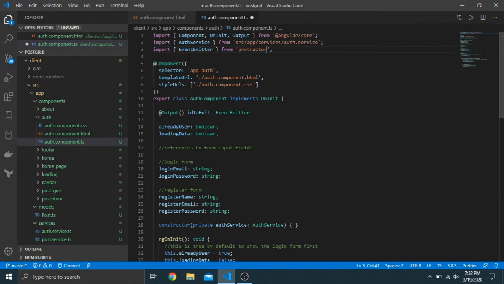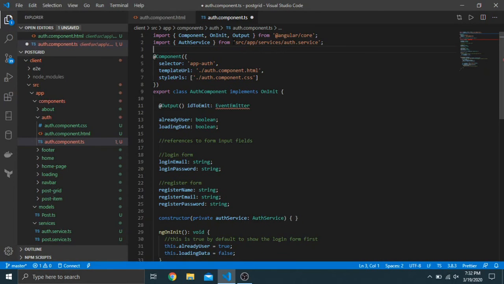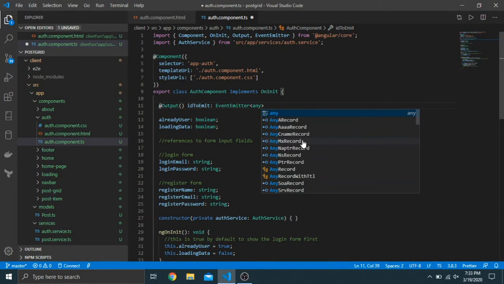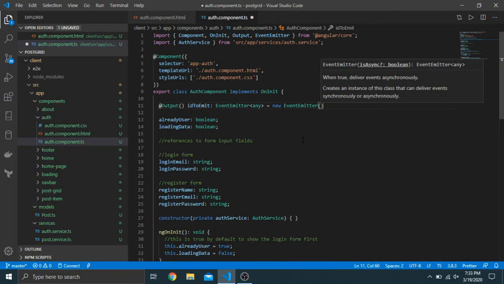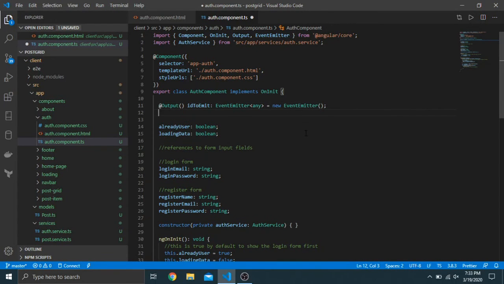So you want to make sure that the event emitter that you import is from Angular core. So we actually can just Control X to get rid of that entire line. And basically, I want to put this inside of, oops, I want to do event emitter like that. That's the event emitter that we want. So make sure that you do that one. I'm trying to do that to save somebody a ton of trouble from having to figure that out because it was terrible. So event emitter, and then a new instance of it,